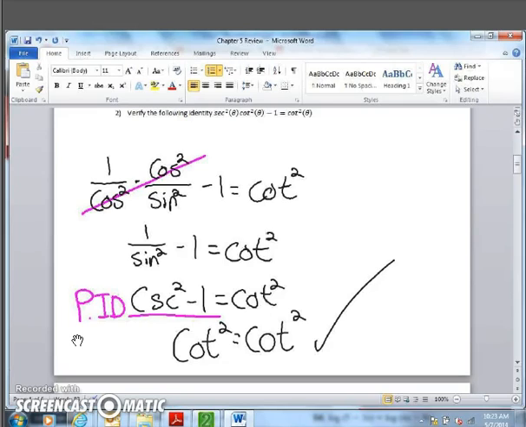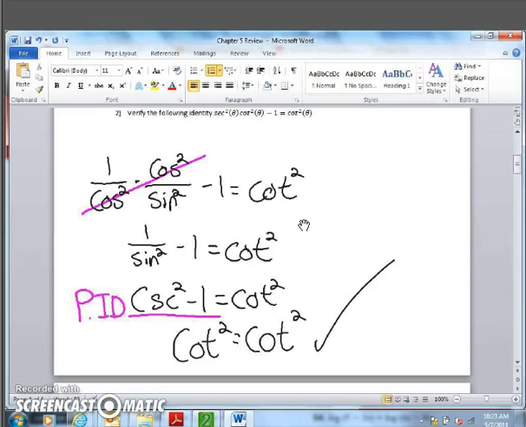All right, verifying this trig identity for number 2 here. If you turn everything to sine or cosine, secant squared is just 1 over cosine squared. Cotangent squared is cosine squared over sine squared. And then you have that minus 1 from up top here, and that cotangent squared there. Well, when you do that, the cosines cancel out, because it's multiplication, and you're left with 1 over sine squared